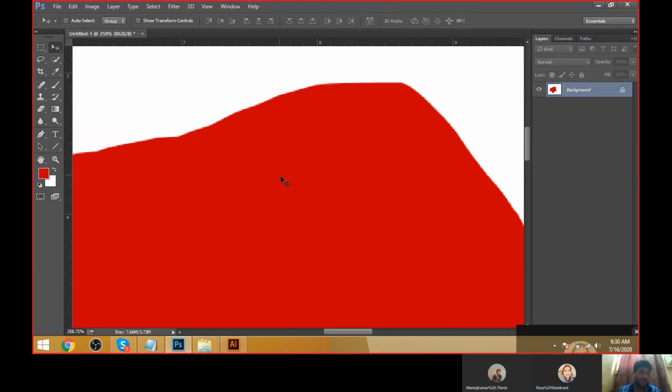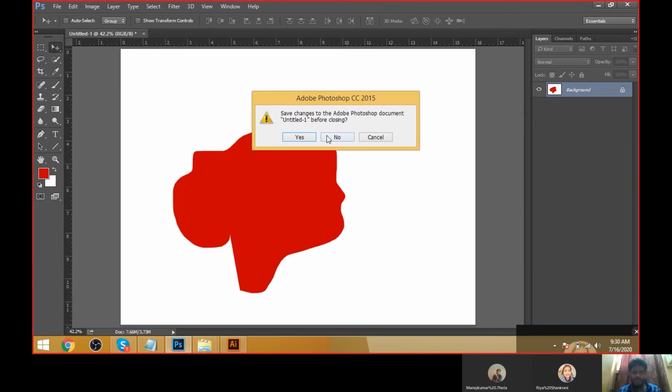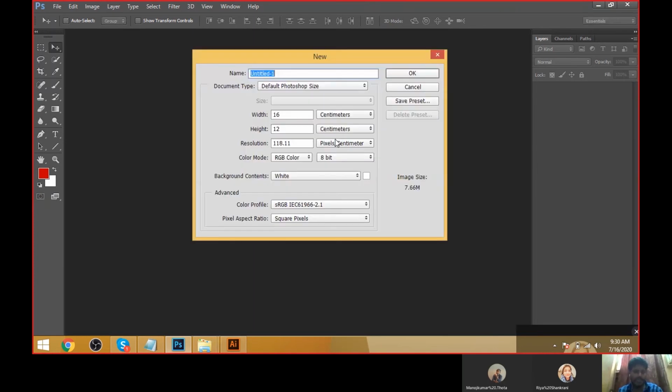Okay, and let's see the things. What are the document settings we can see here? It is a name, and pixels and inches, and the resolution in pixels per inch, and the color mode will be RGB, and the bit depth will be 8-bit. 8-bit is nothing but colors only. And background contents will be white, which means it will automatically take a white background.